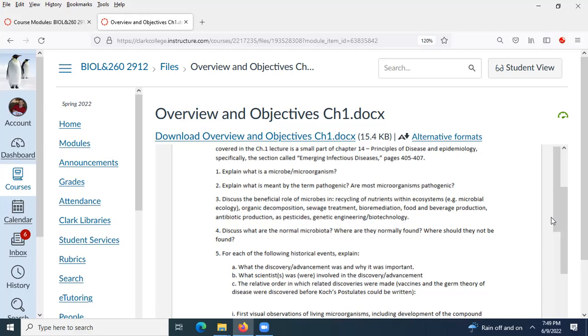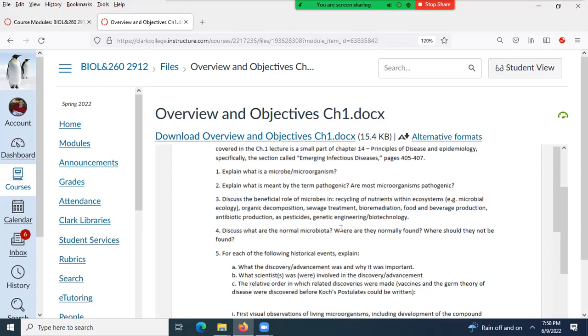All right, any question about any of that? So I like the history of microbiology. You should study it. I'll probably have more questions on that than other chapters. Most of the other chapters they haven't been quizzed on, I will only ask 1 or at most 3 questions on. For chapter 1, I will ask more questions. So you should know what a microbe is and a microorganism, and know what a pathogenic microorganism is.